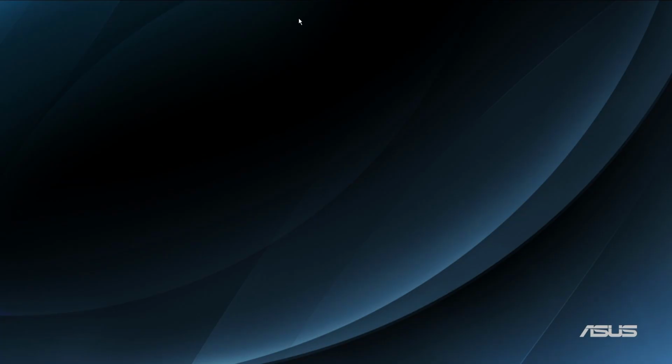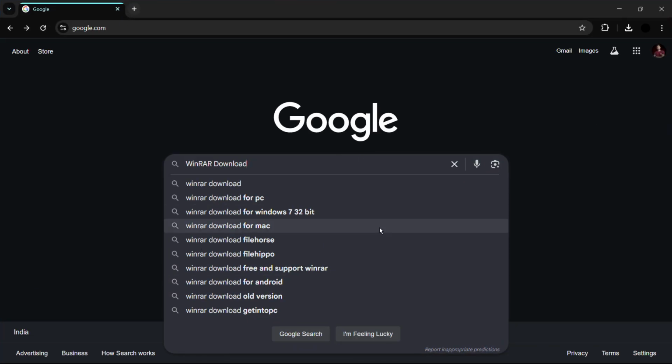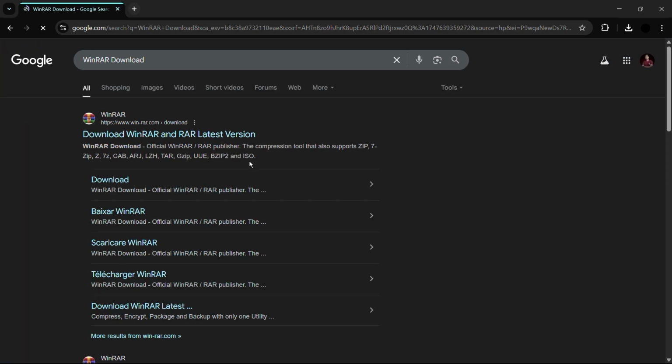So to begin, the first thing that you need to do is open any particular web browser of your choice, be it Mozilla Firefox, Google Chrome or Microsoft Edge. After you are done opening a web browser, which in my case is Google Chrome, you need to search for this particular line which says WinRAR download. Once you have typed it in, simply hit the enter button and you will come across this particular search result